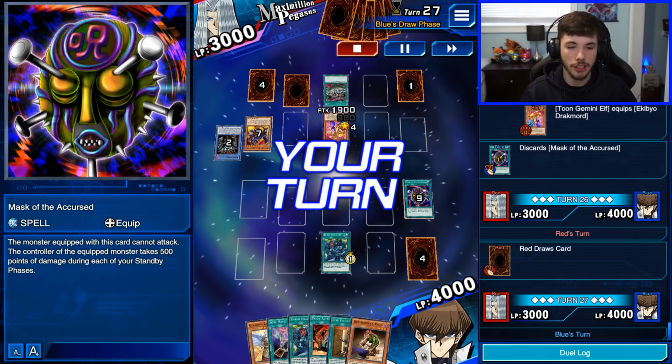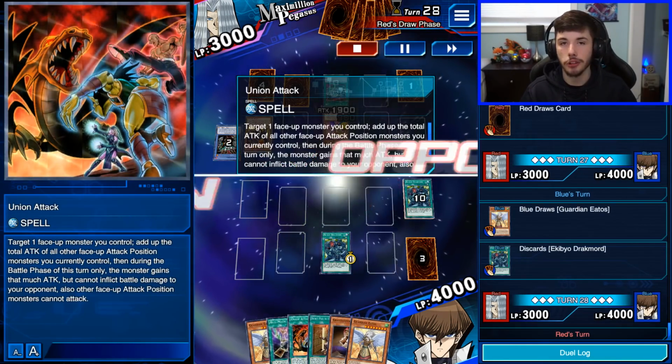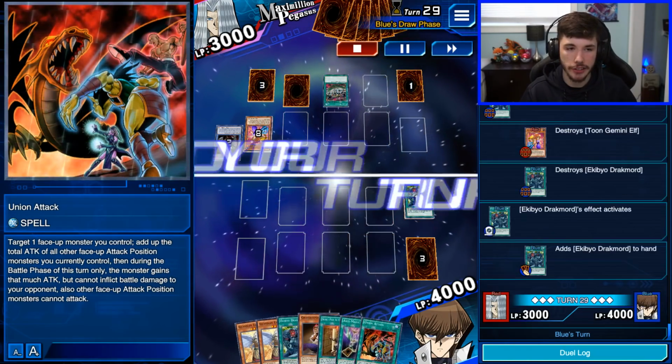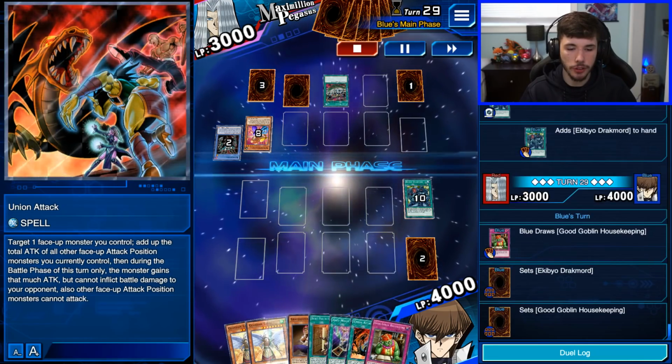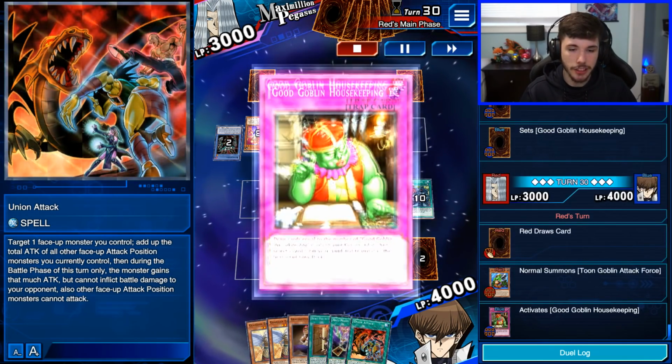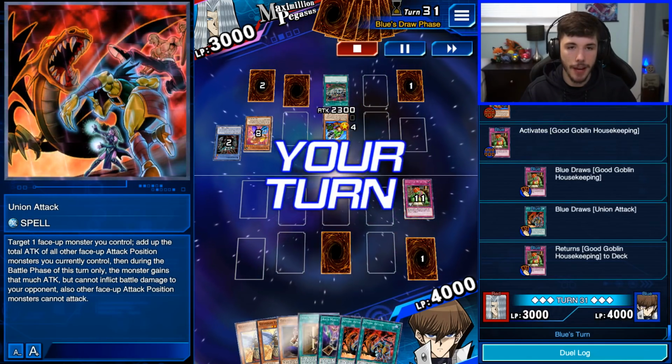I did discard my Mask of the Accursed. I just want to have at least a couple of equip spells to get rid of these Toon monsters and all that jazz right there. But pretty much here is smooth. We're smoothing. Everything is going well. I use my Good Goblin's Housekeeping to draw the last 2 cards, put that back to the deck, and then